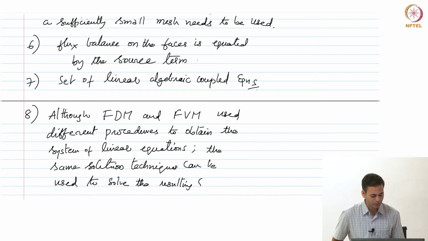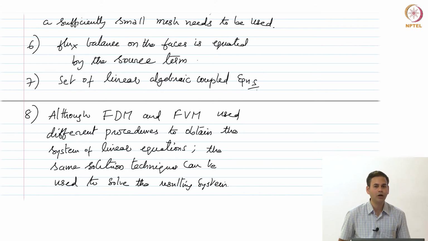Okay. So, what we mean is essentially the Ax equal to b that you got, or A phi equal to b